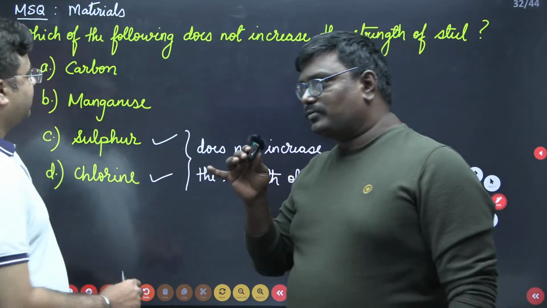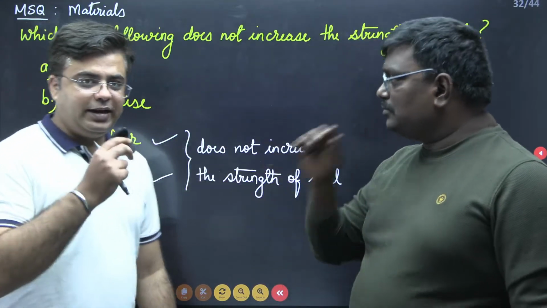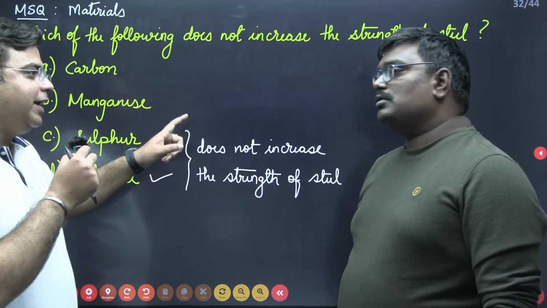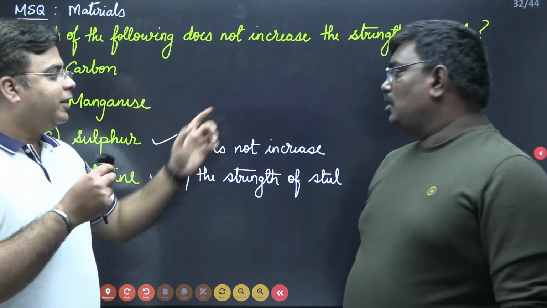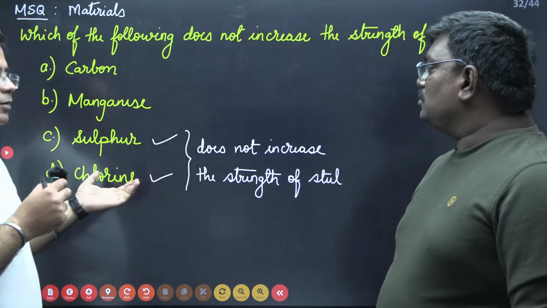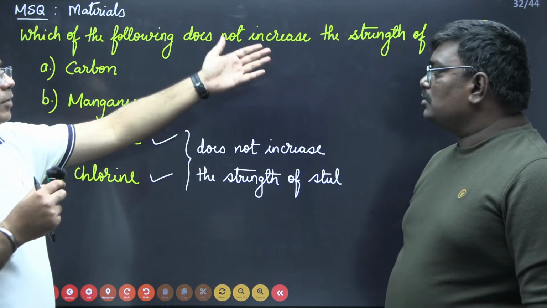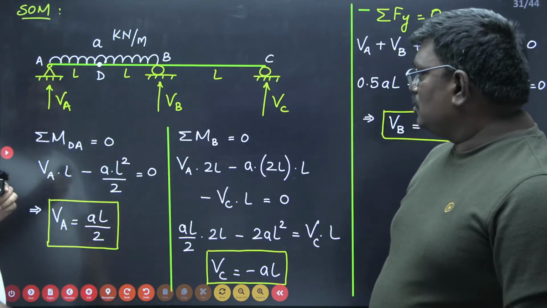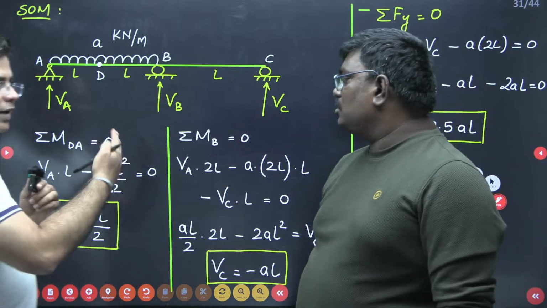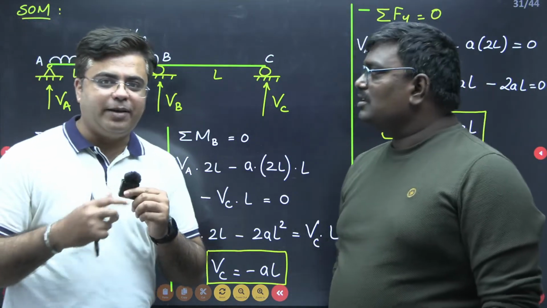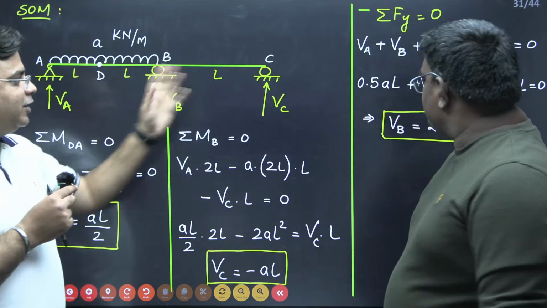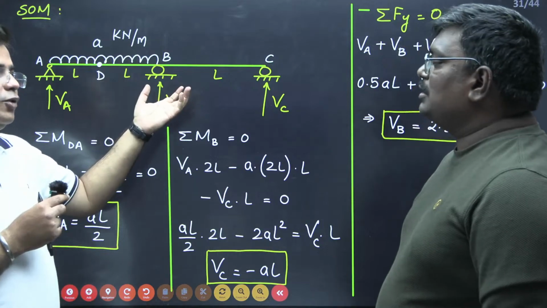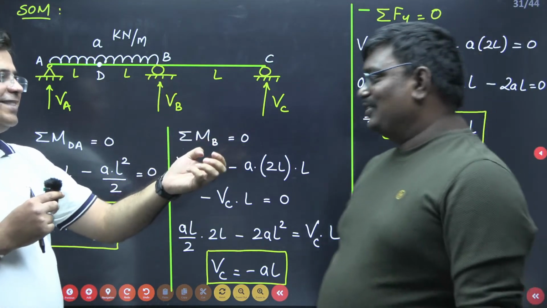I tell you, sir. This is directly from the slide. This question is directly from the slide that we have taught in the materials part. Which of the following substances, all these are part of alloys, right? And we need to just determine which of the following substances does not increase the strength of steel. This is one example. Next example is this. When we deal with shear force and bending moment diagrams, the first topic of discussion is calculation of support reactions. For our students, we have done more heavy conceptual questions than this. This was just a level 1 question, sir.